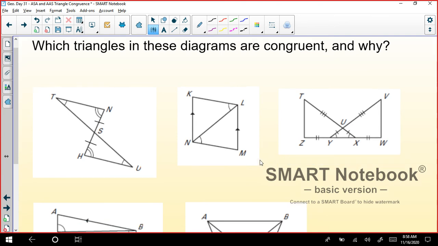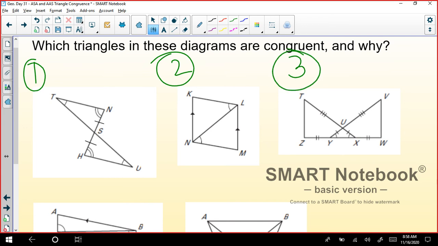Okay, all of you are going to use chat once again and tell the triangle congruency statement and also tell the reason. I'm going to do the first one, then I'll give you a chance for the second and third. I have this particular angle congruent to this particular angle, and I have this angle and then a side.